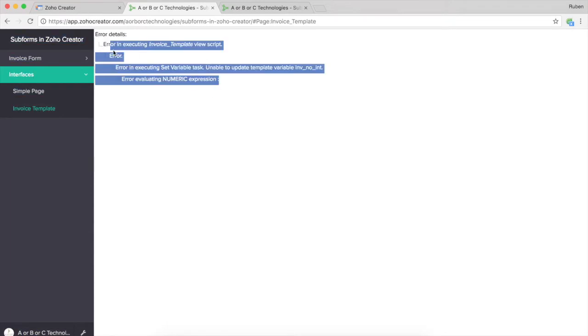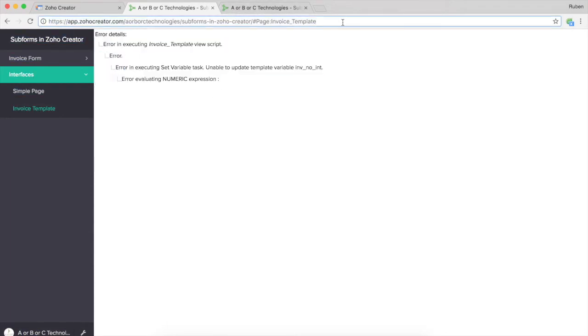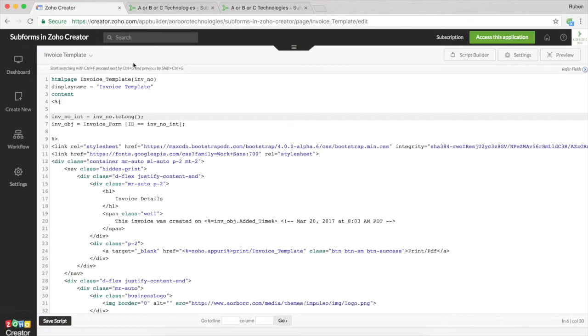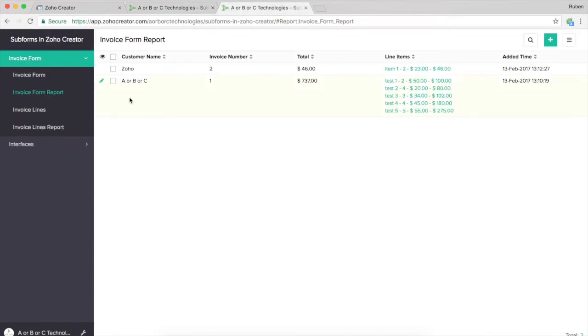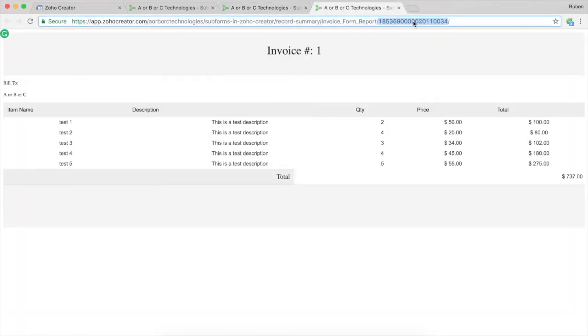We'll get back to this error later, but all I'm worried about is passing the invoice number. So I will pass the invoice number equals, and I need to get the ID. To get the ID, there are multiple ways. I can right click on a record and I will have multiple options. I can right click on edit and click open in a new tab, and right click on view record and open in a new tab. That will give me this record ID in the URL. So I can pass that